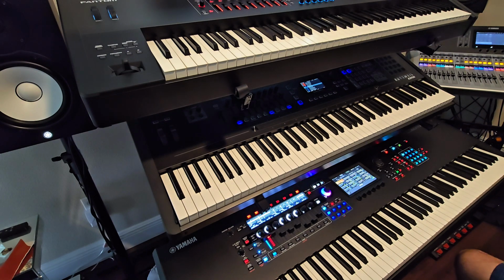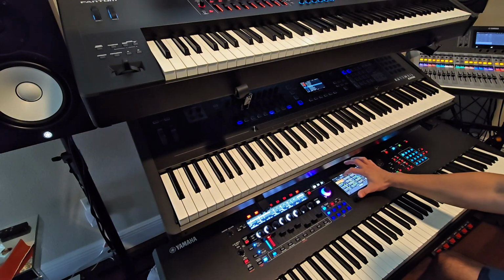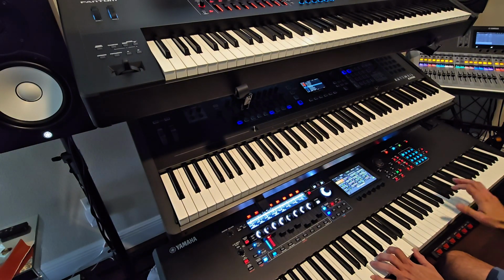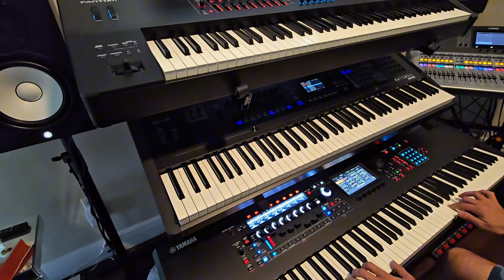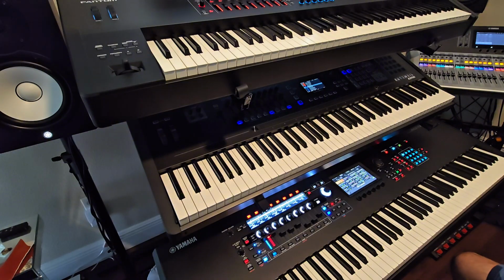I mean, the pianos on the Yamaha are great too. I like this CFX2 especially. Even the old CFX1, they're great. The Yamaha pianos are great. It has some sort of real structure to it. It might not cut through like the other one, like the Nord, because you have to EQ this sometimes, but in terms of pianos, they have the Imperial piano, and